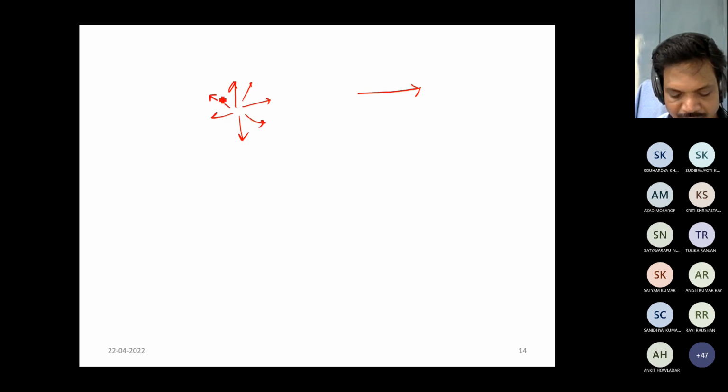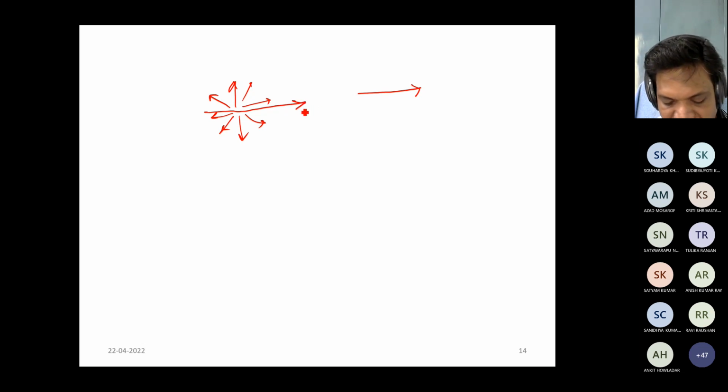And this type of movement is known as random movement. Now, if you consider the random movement of some such electrons, and if you want to get the net flow